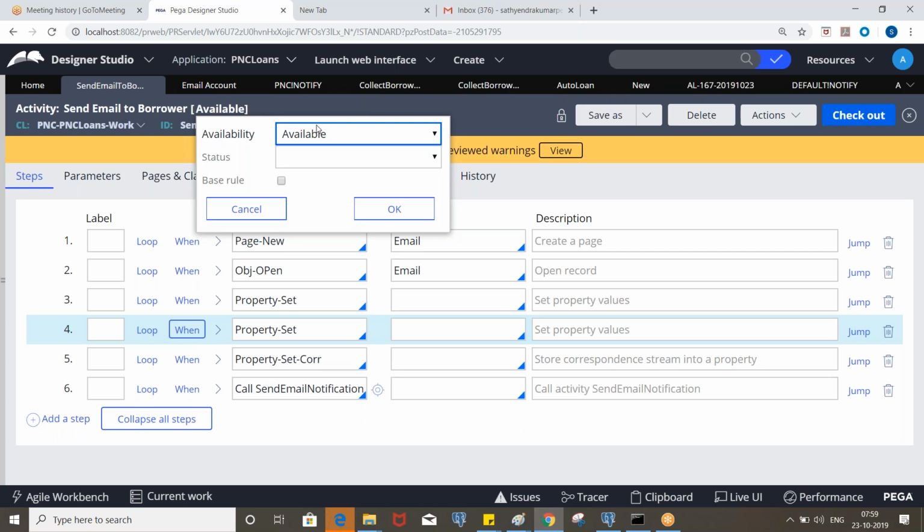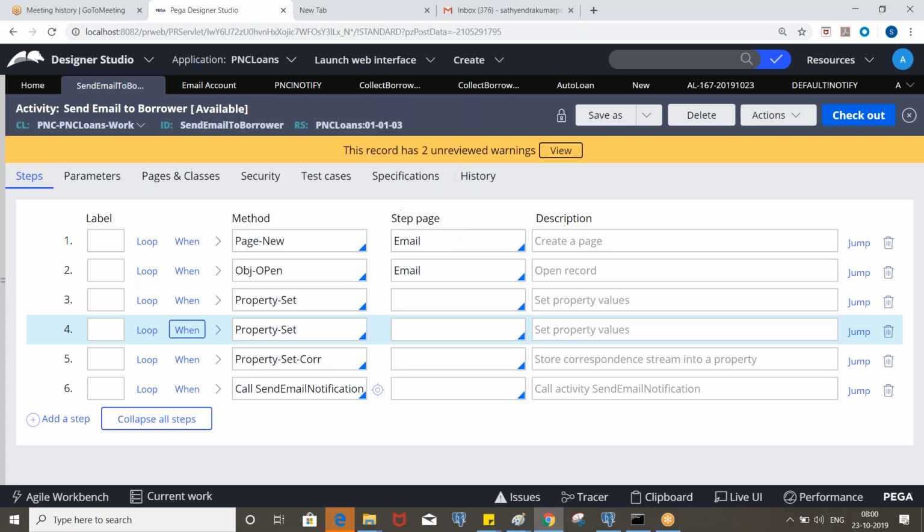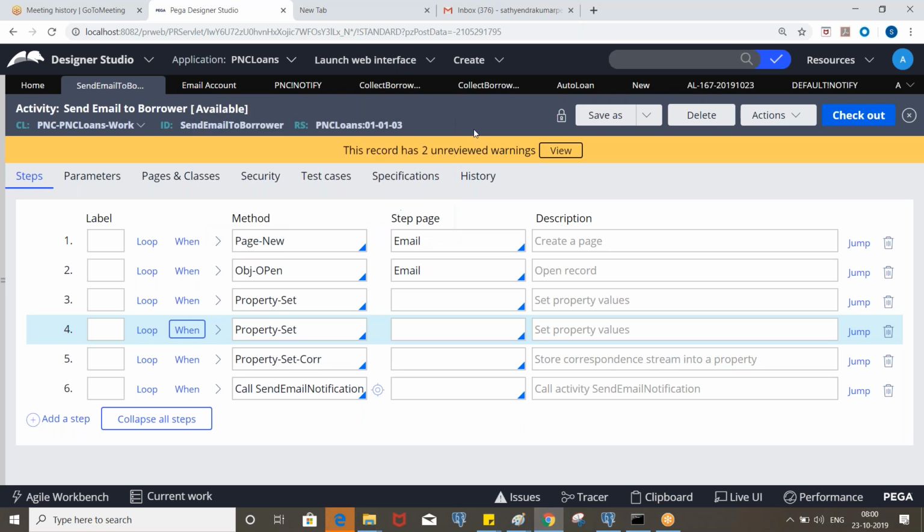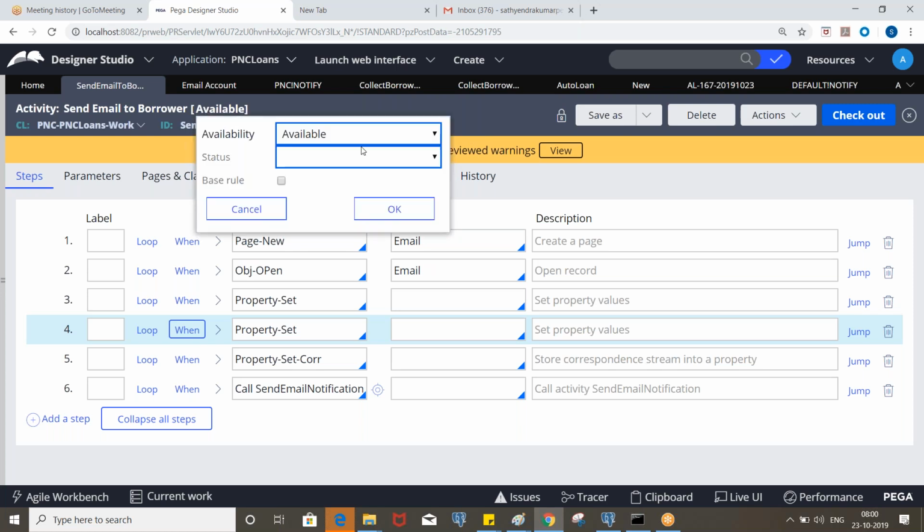That means you created a rule in different versions like 01, 02, 03, and by default it will pick 03. If I do not want the 03 rule, I go to the 03 version rule and change from available to not available.